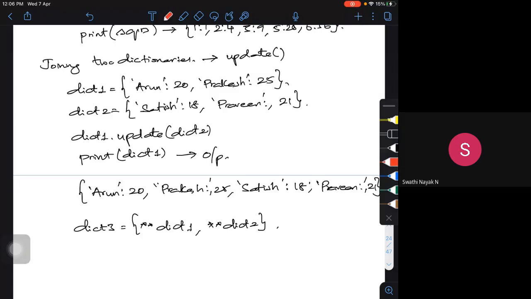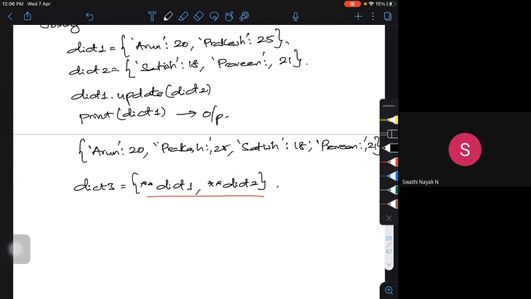With double star, I am trying to merge, so this is a merged dictionary. The output will be very similar to what we had: Arun 20, Prakash 25, Satish 18, Praveen 21. I'll be getting the combined dictionary. So either you can use update or you can use this double star command. The values of both the dictionaries have been merged into one.